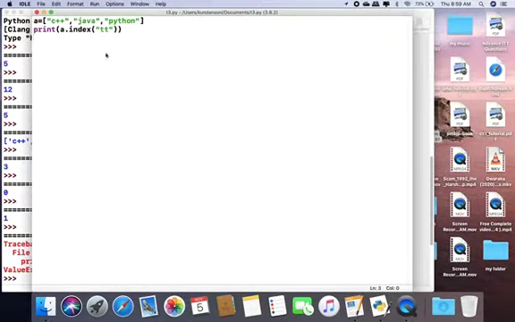So we can try this. I write here a dot insert, at the second location I want to add Oracle. So run.